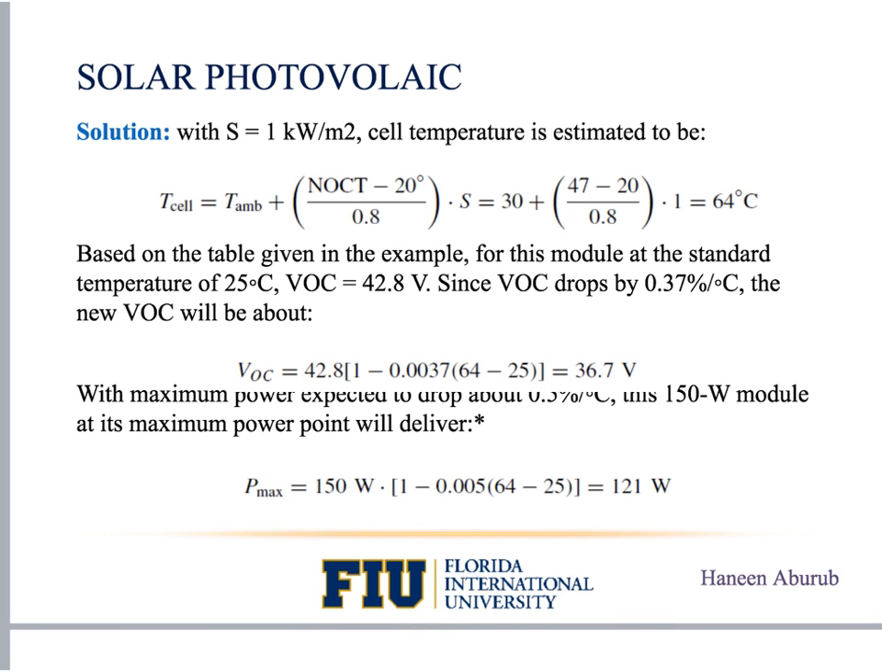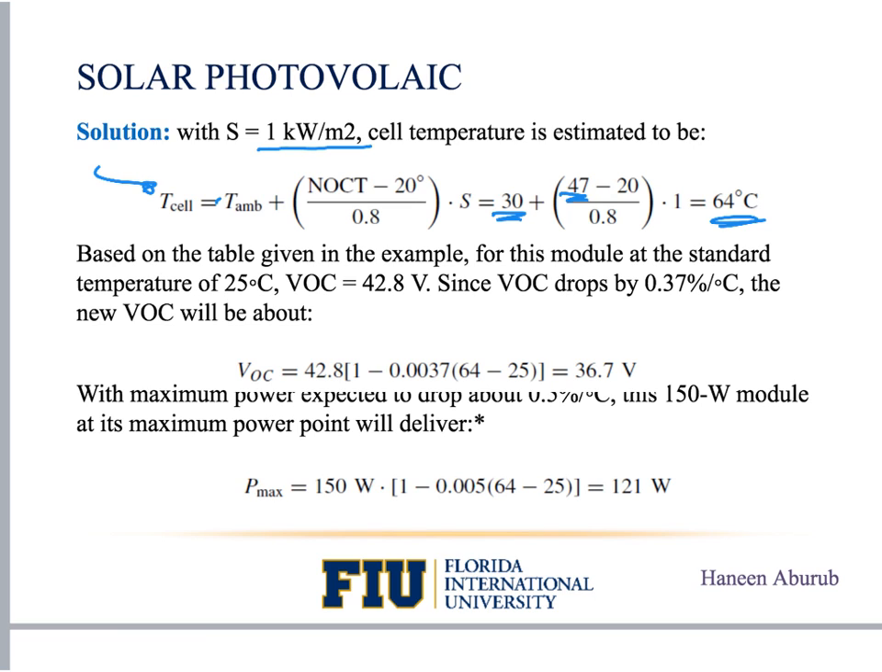Now with the solar radiation of 1 kilowatt per meter square, the cell temperature is estimated using the equation that we learned before, where T ambient is given as 30 degrees, the NOCT is given as 47, and S is given as 1. This will give you 64 degrees Celsius for the cell temperature. Now based on the table given in the example, for this module at standard temperature of 25 degrees Celsius,